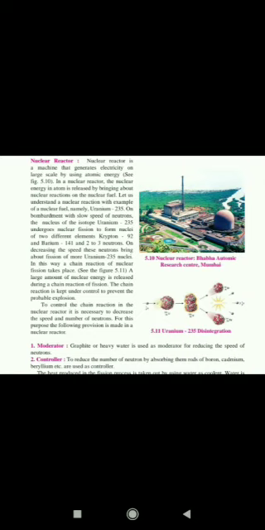Nuclear reactors: it is a machine which generates electricity on a large scale. By using what? Atomic energy. By using atoms. Now, in this entire chapter we learned about atoms. So by using atomic energy, nuclear reactors are used to generate electricity on a larger scale. In nuclear reactors, the nuclear energy released by the atoms is used to help nuclear fuel.